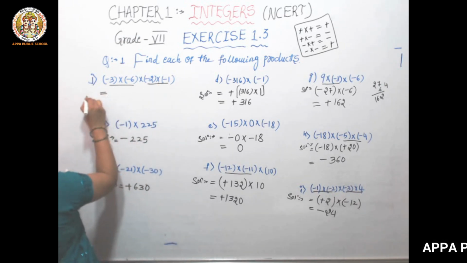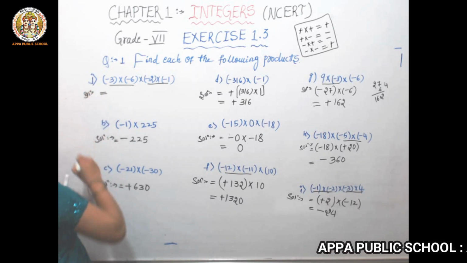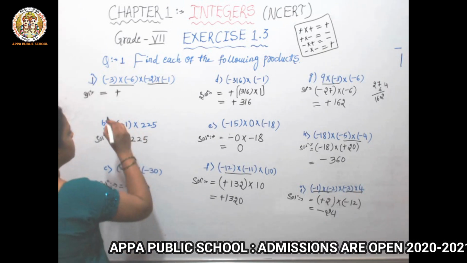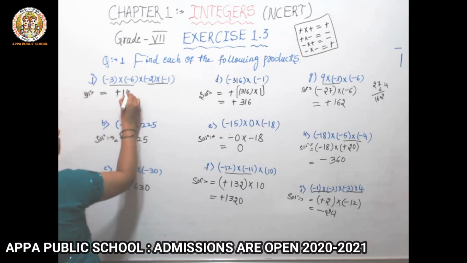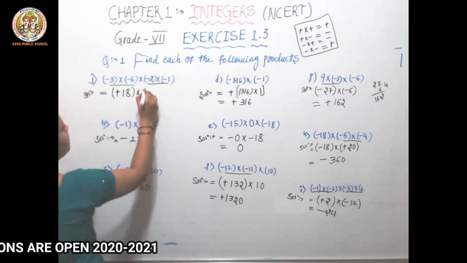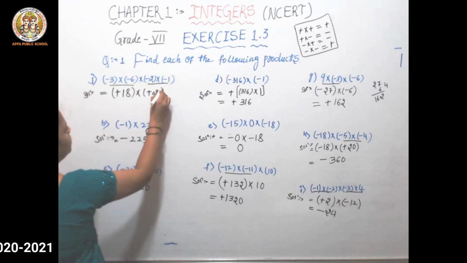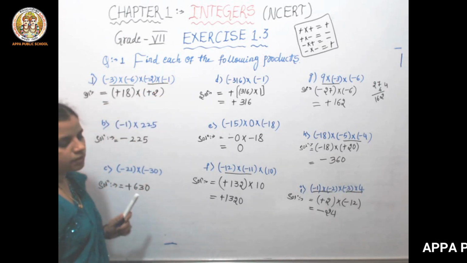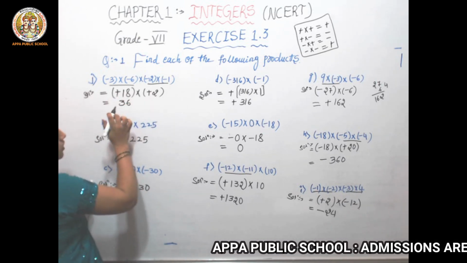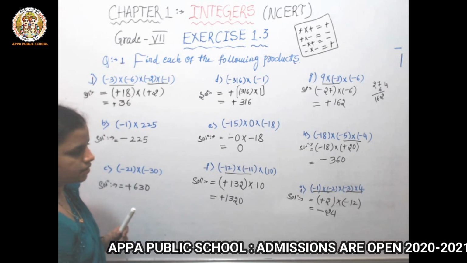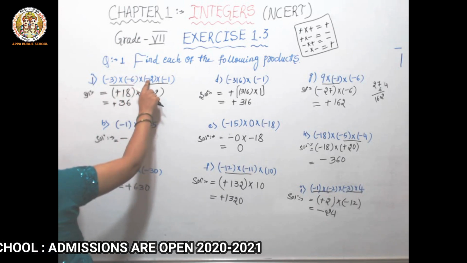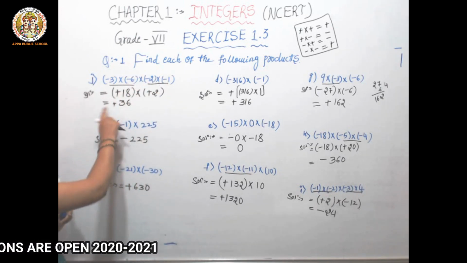Now you see the solution. Minus into minus is plus. 6 threes are 18. Now minus into minus is plus. 2 ones are 2. So 18 twos are 36, and as both are with the minus, it is a plus 36. See here, how many times are we having the minus sign? 1, 2, 3, 4. So we are getting the result as positive.